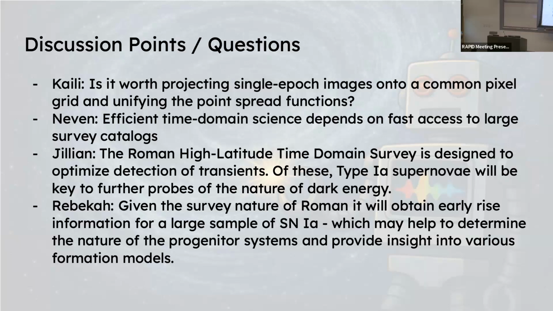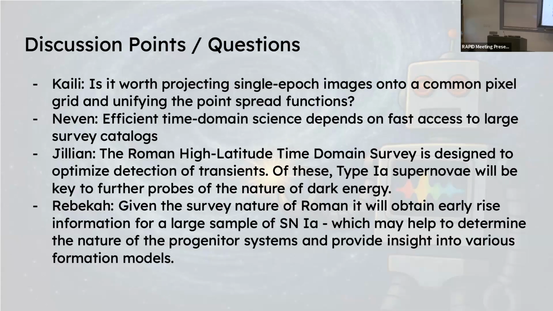Excellent. Anybody have thoughts about early type 1a, because I'm biased, or something else? No, it's about the early type 1As. How many magnitudes below peak can you start getting in, and with what cadence? You mean for Roman? Yes, whatever you're referring to in that last bullet. So for Roman, you are talking about 5-day cadences, but with the bluer band, 10-day cadences, apart from the bluer band, which will be every 5 days. So that's the cadence for Roman.